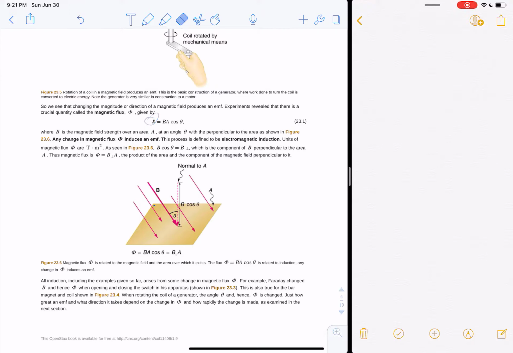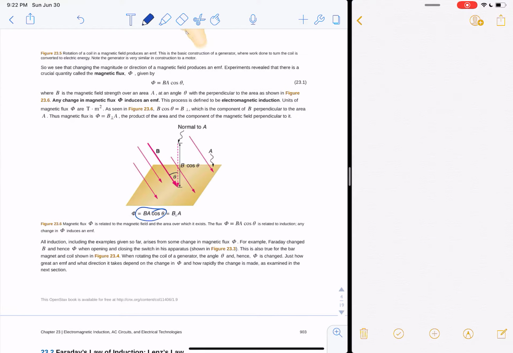Okay, and magnetic flux is the amount of magnetic field, B, the strength, going through the area A, and the angle between the magnetic field and the current. Okay, so here's your area. You've got magnetic field lines coming in at some angle theta, and the component you want is the vertical component, because that's the component that's actually going to do the EMF generation. So remember that if you've got a vector like this, it's made up of a horizontal and vertical component. That's what makes it come at that angle. So you've got a vertical and a horizontal, and that component there, BA cosine theta,